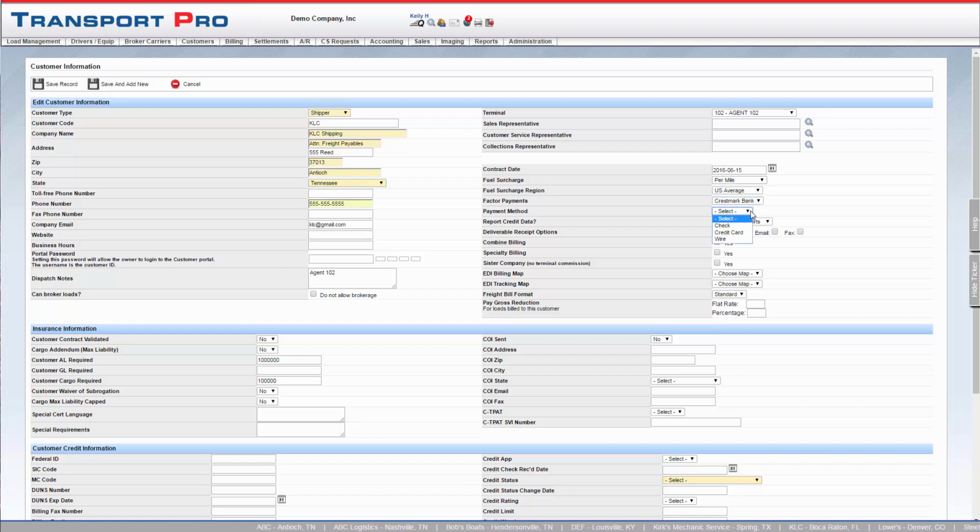Now, let's look at the deliverable receipt options, which will determine how this customer will receive invoices and proof of delivery documents. Invoices can be sent to your factoring company via email or FTP. If you need to send a hard copy to your factoring company, you will want to make sure that the hard copy box is checked for this customer because the system will drop the invoice into the print queue for